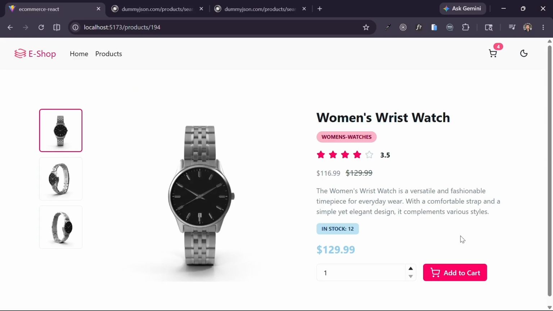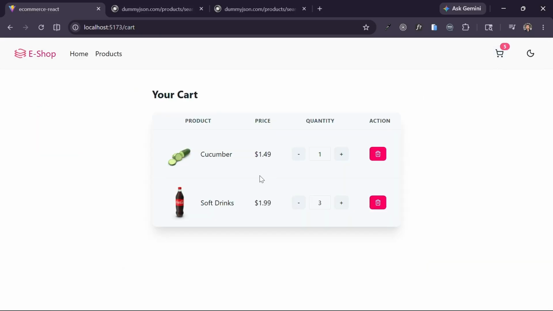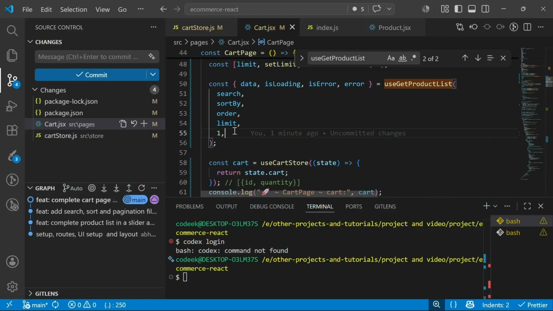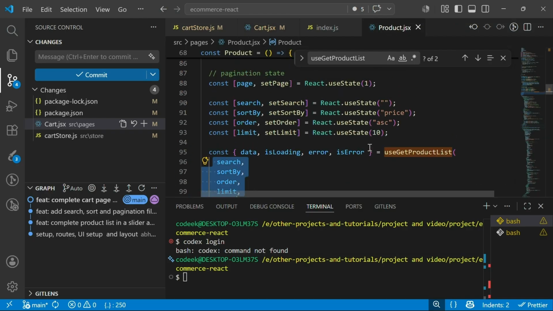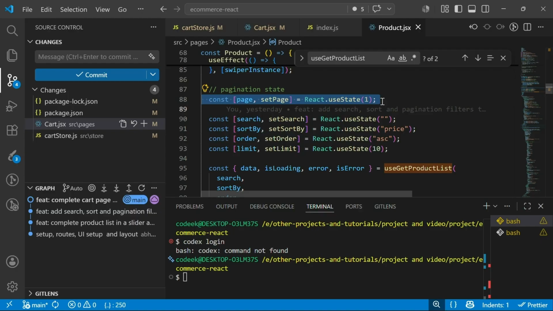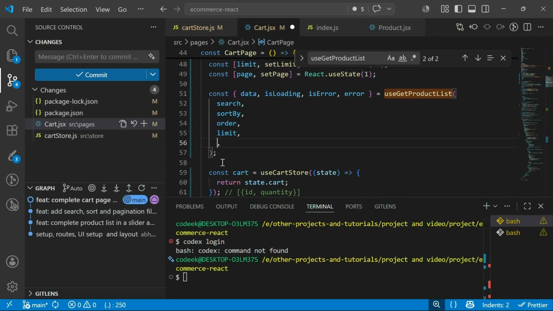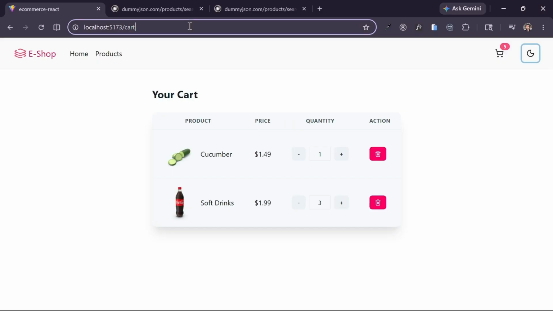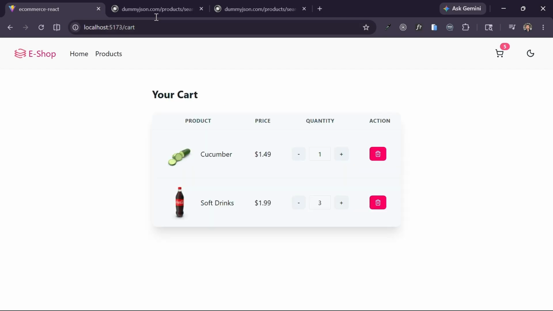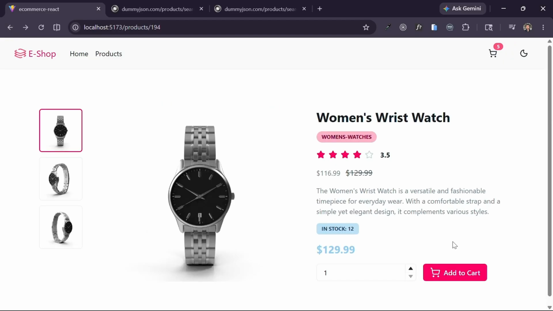So let's add to cart, and as you can see, this one is not being added. So let's go here and let's actually use this page, the same thing over in the cart page as well, and let's make it page over here as well. And let's now try refreshing the page, and we should see that product now, but it's not working. This is not being added. Add to cart,